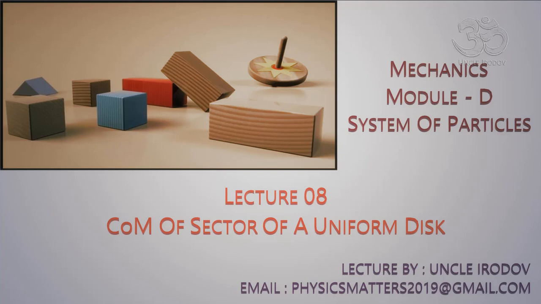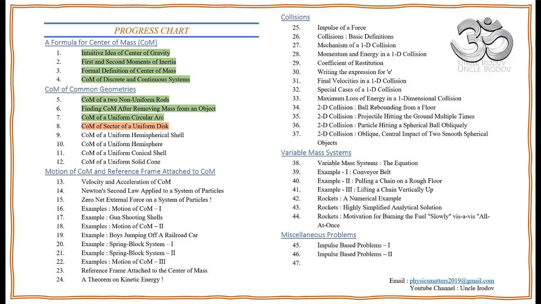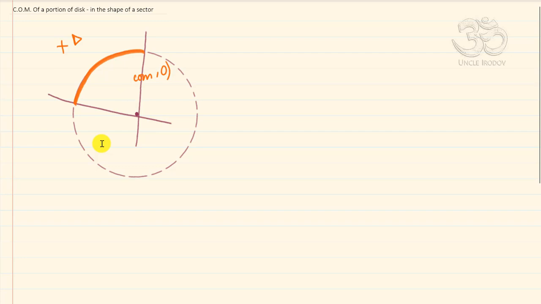So now what we have is a circular disc, and from that disc a large portion has been removed. The only portion that is now remaining is this orange outlined portion that I'm going to shade in some color also. Maybe I'll shade it in orange color itself. So this is the portion that we have now, and this portion subtends an angle of theta at the center.